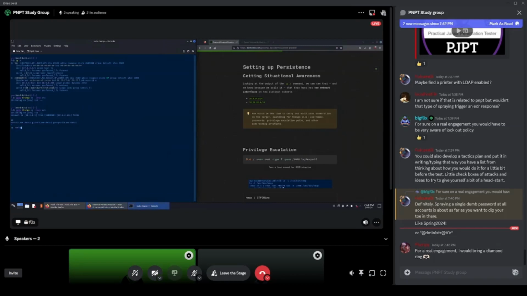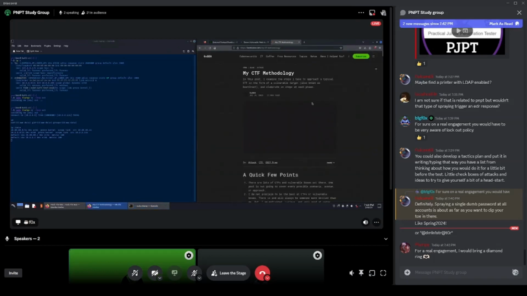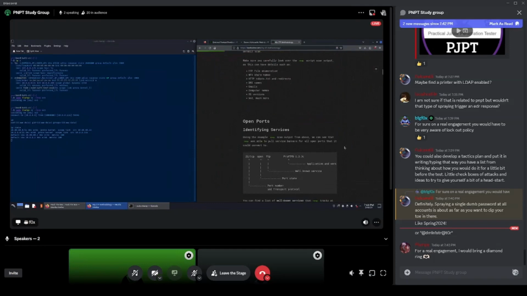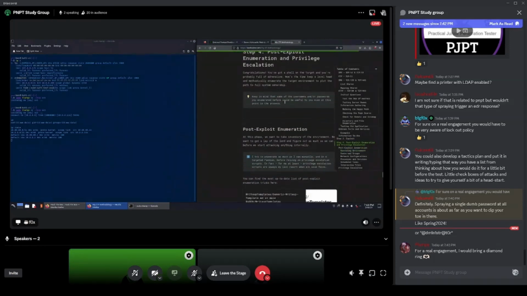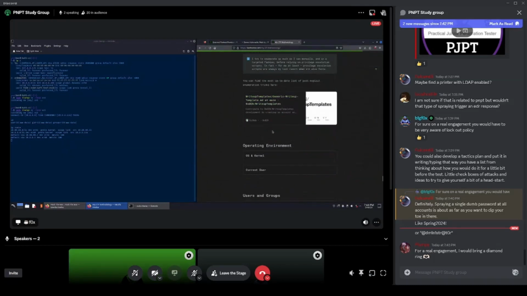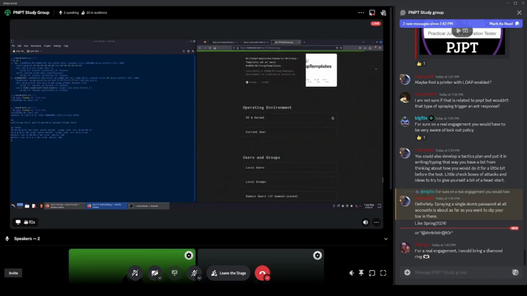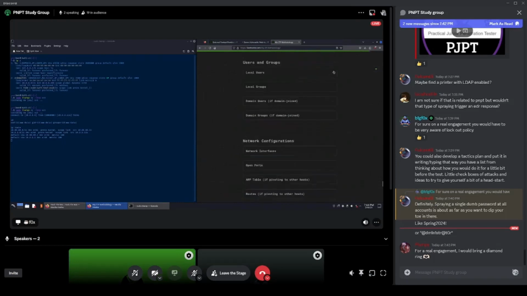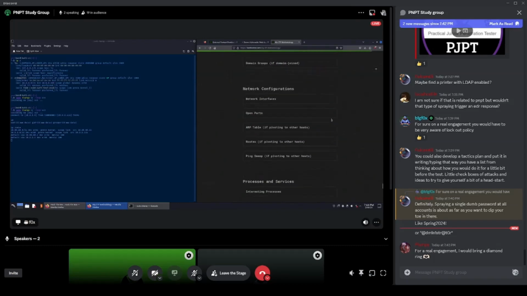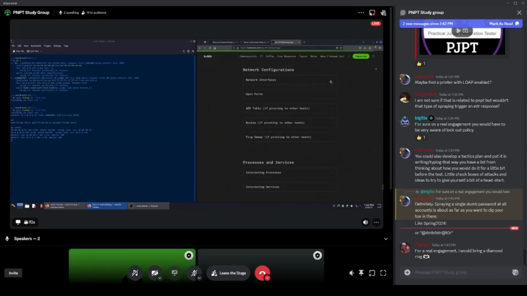Now that we're on the box, we want to begin combing around for additional information. If we look at the IP route command from the box here, we'll see that it has access. As we're doing that post-exploit enumeration, I have my CTF methodology article here as well that covers what I do post-exploit in the privilege escalation process. Among the commands that I'm running, I'm looking at what operating system, what kernel, who am I as a current user, what are my privileges, what other users and groups are on the box, and then where we're at right now, we're looking at network interfaces and routes. So again, if we're pivoting to other hosts, and we are, things we can look at are the